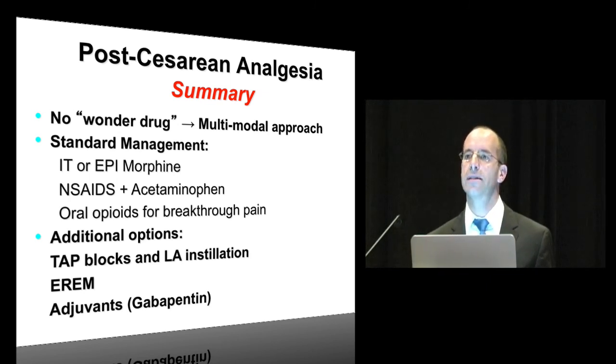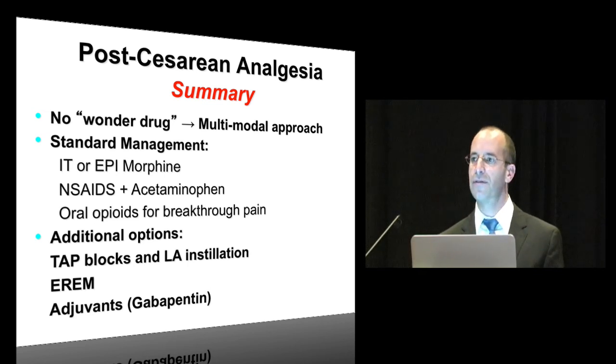Extended-release epidural morphine has a niche market. If you can get it on your formulary, it's a fantastic analgesic, but it carries with it a lot of little issues. And that's it. Thank you for your time. Hopefully we'll eventually get to